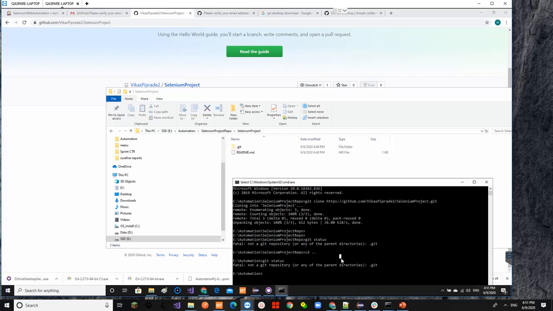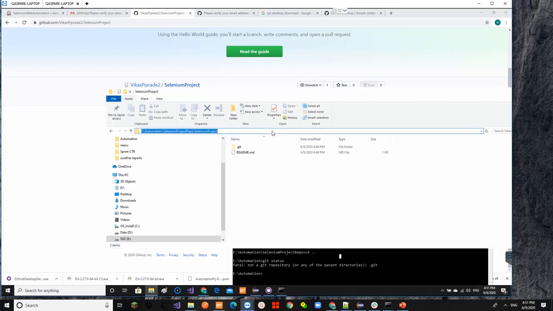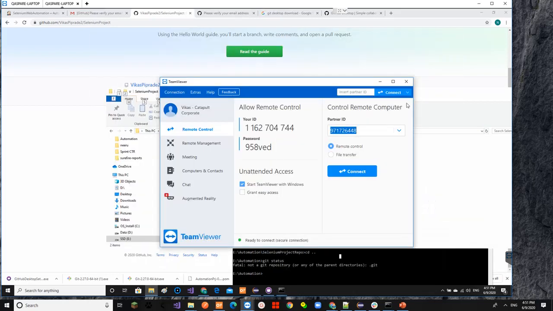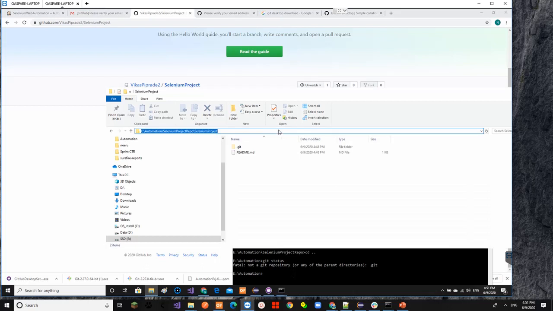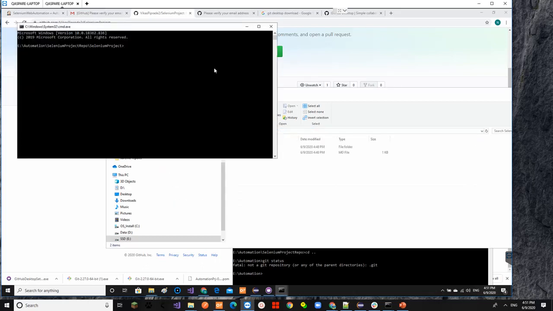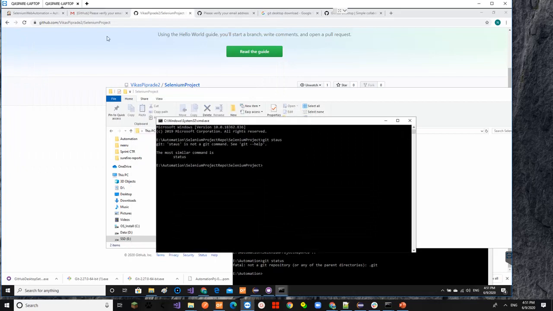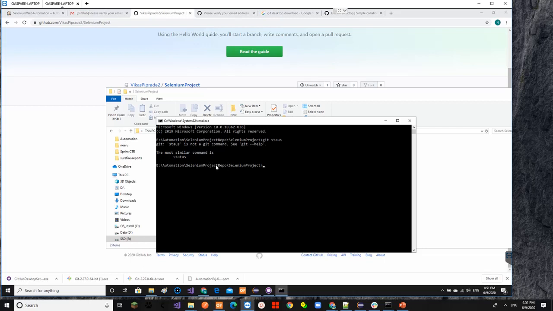Oh, I'm running the git status command on the automation folder. I should be running this in this particular folder. So let me navigate to this folder, and now I'm running the status command to check what's the difference between the GitHub repository content and my local content, and it's saying it's similar, it's exactly the same.